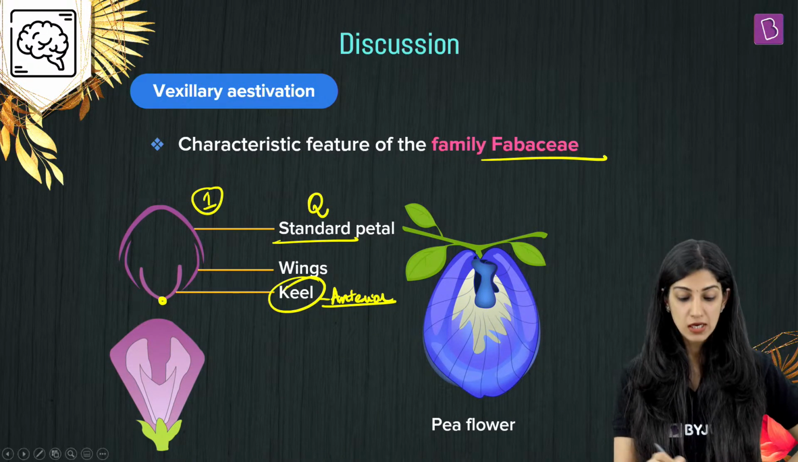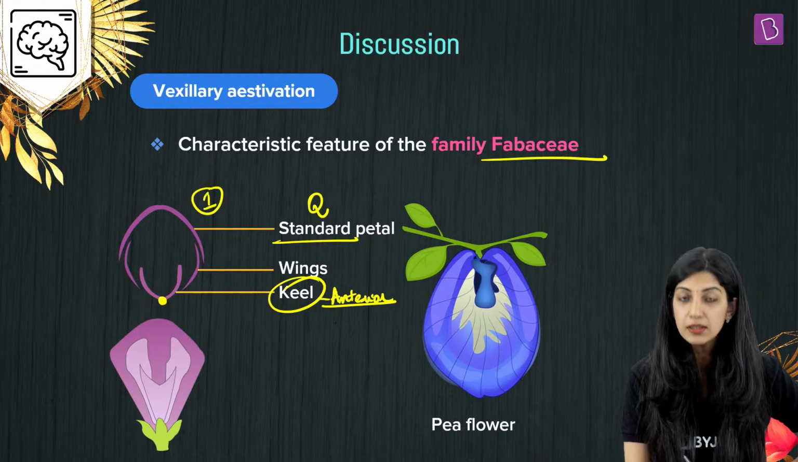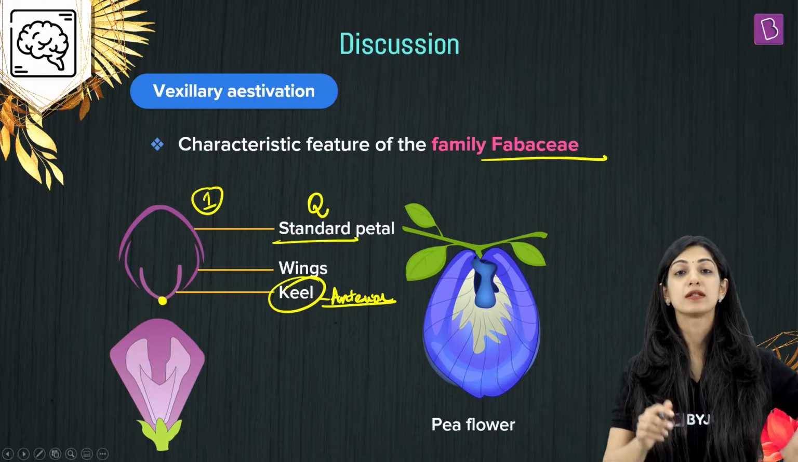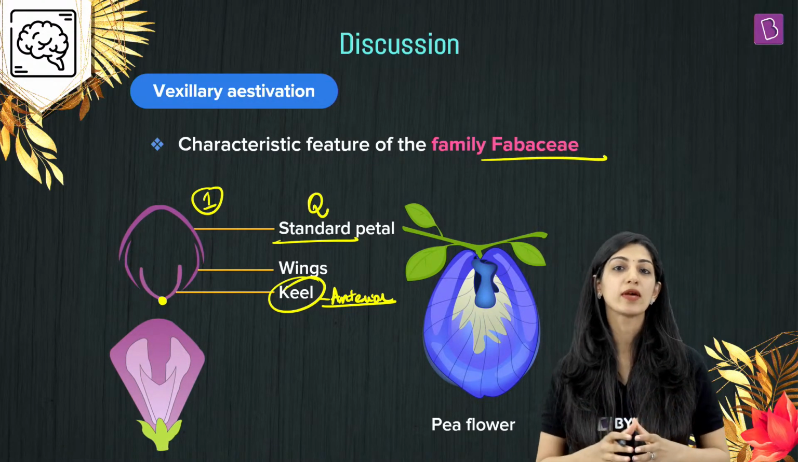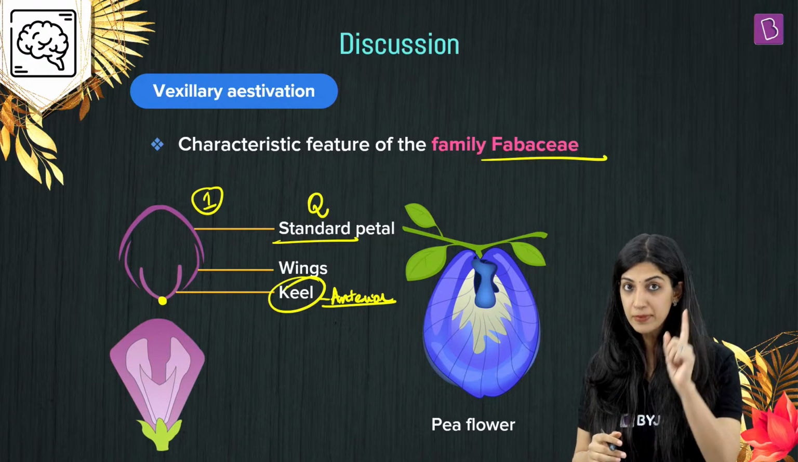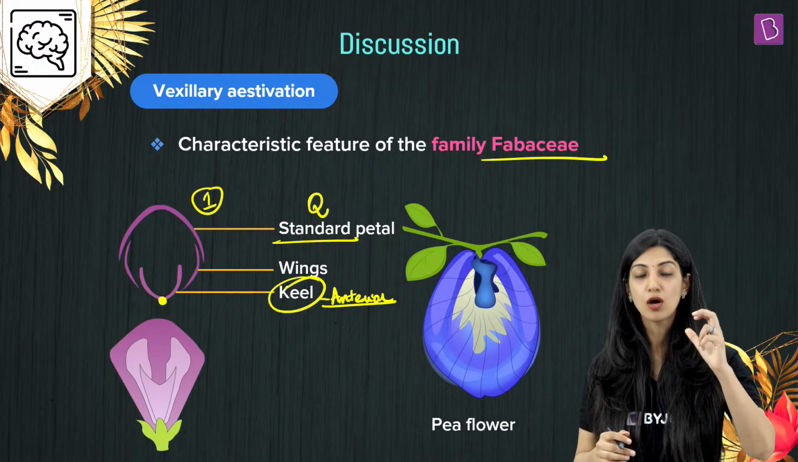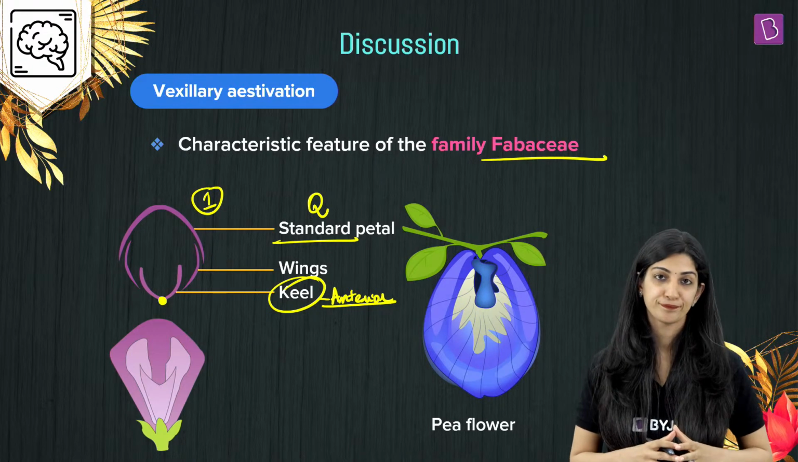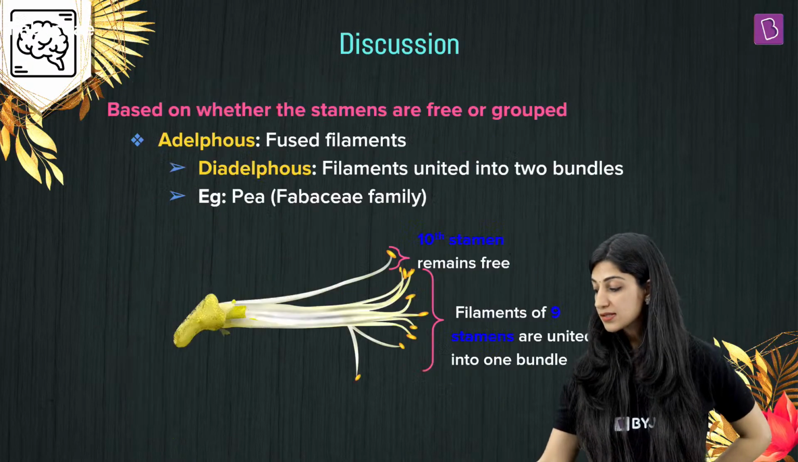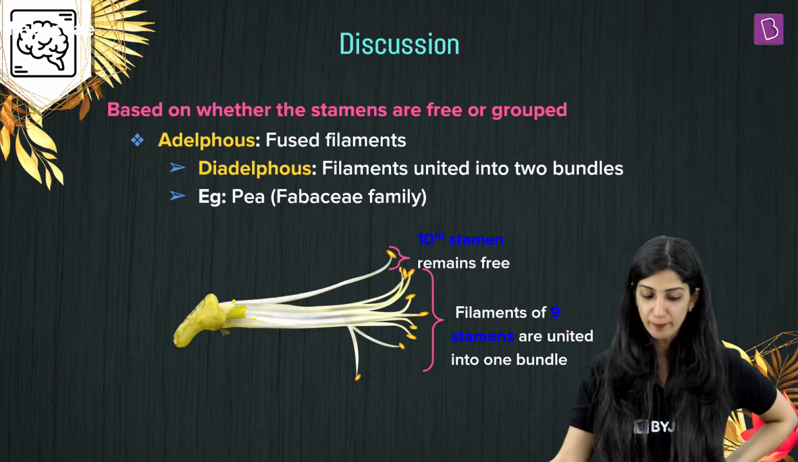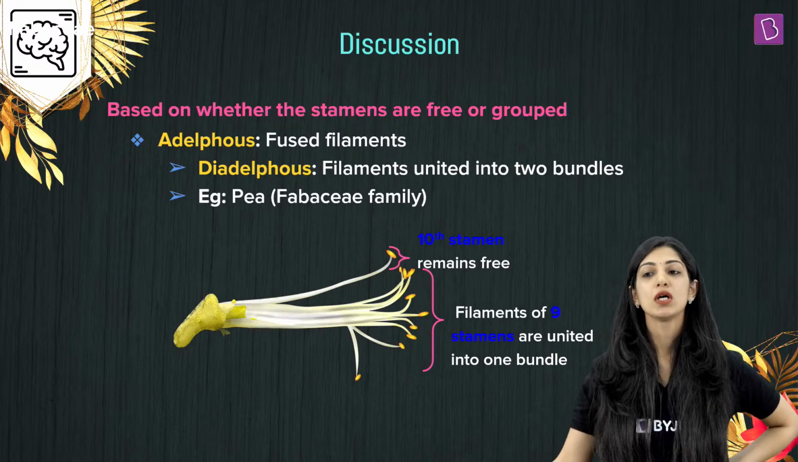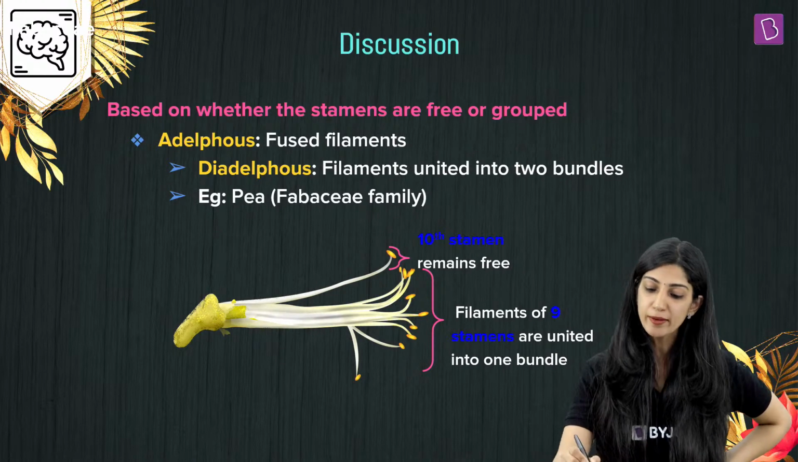You with me on this? So this circle that you see marks that there are 2 petals joined together. This is called, and remember the names, standard, wings and the keel. Very important. And this is a feature of the Fabaceae family. Now coming to the nature of stamens. Stamens